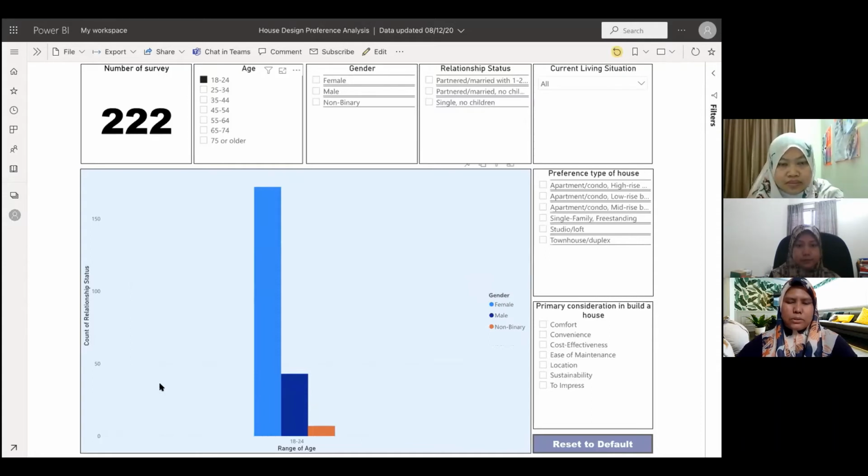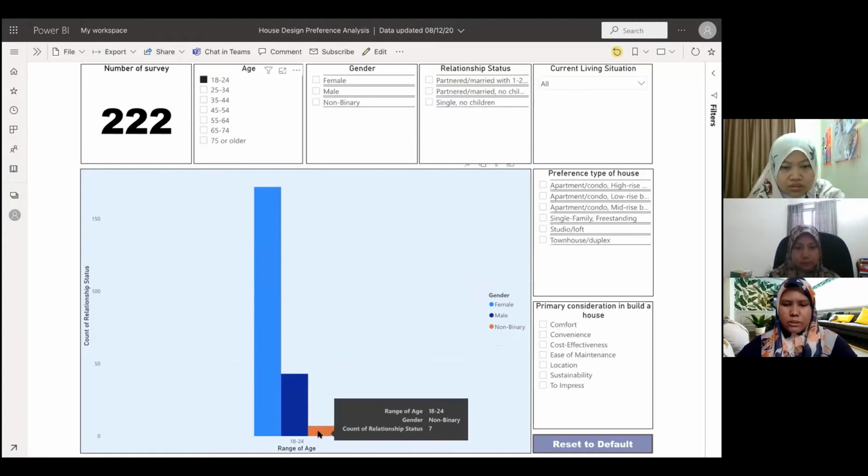This graph shows the count based on gender for this survey: female is 172, male is 43, and non-binary is 7.